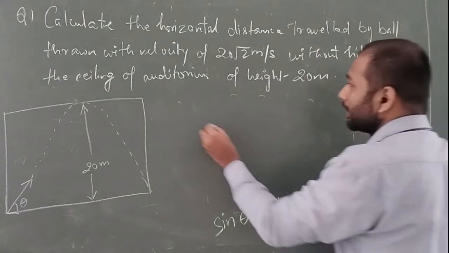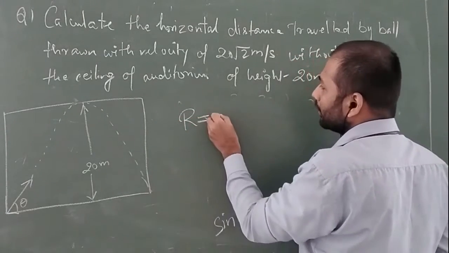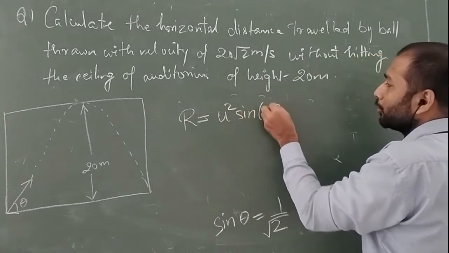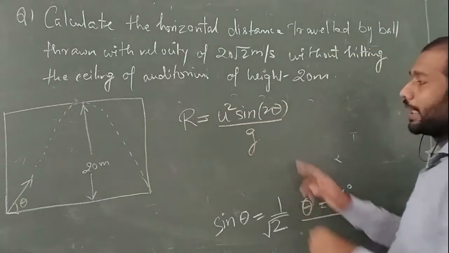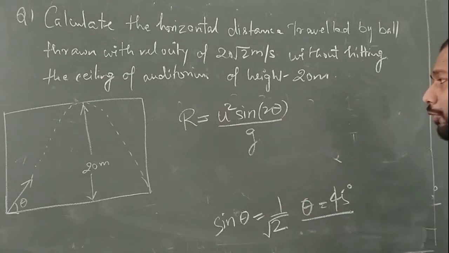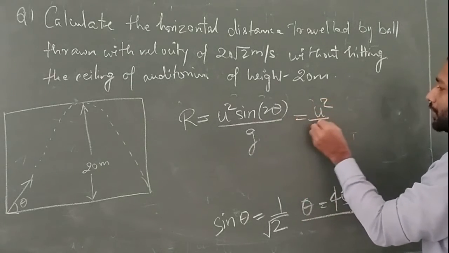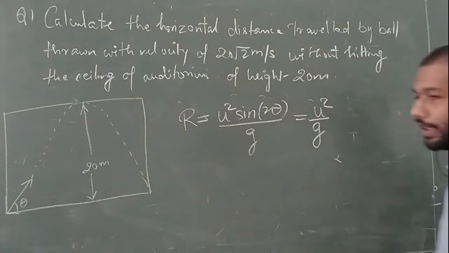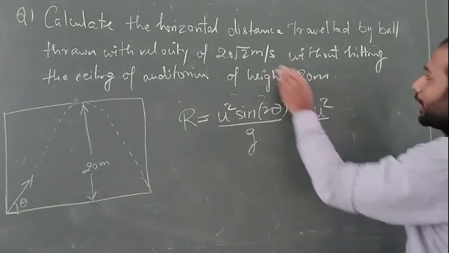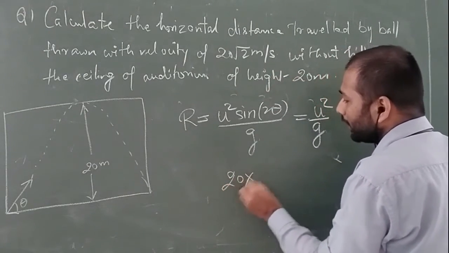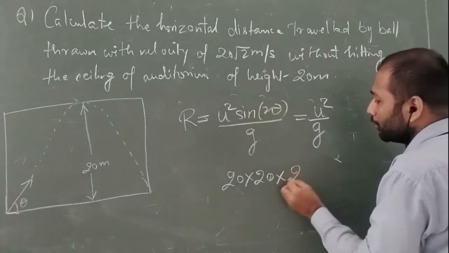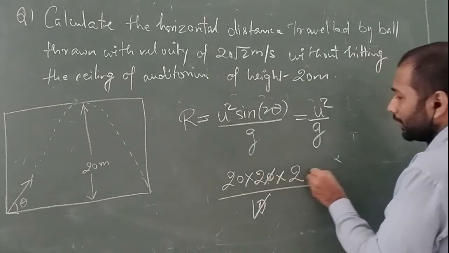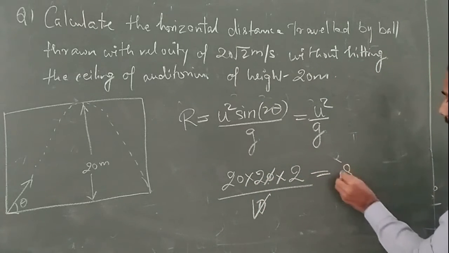So this will be given by R is equal to u square sin 2 theta upon g, you know the formula. That will be 2 into 45, 90 degree. So simply what will be left for us is u square by g. Okay, so now just put in all the terms and let's calculate the value of the range. So u square means again 20 into 20, root 2 square is 2, upon 10. So it will just cancel out this 2, and what we are getting is 80 meters.